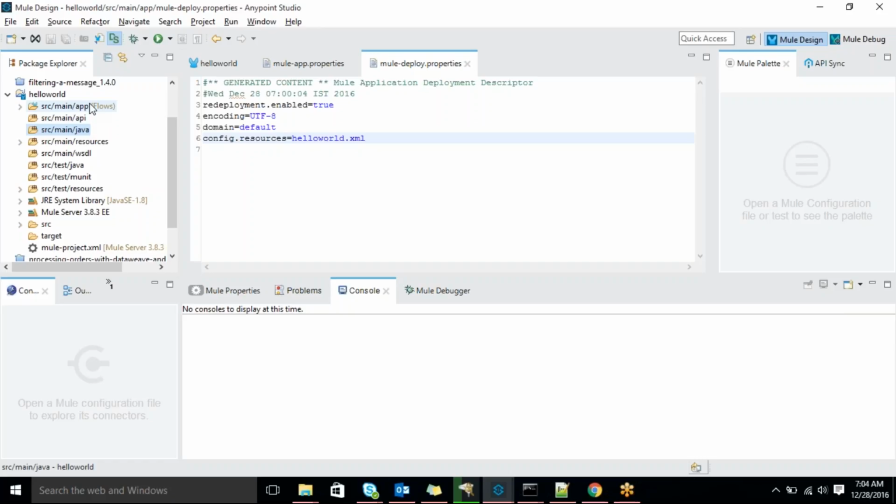Under the app folder, we need to keep all the flows, whatever flows you are implementing in future. That flow is nothing but XML, so we need to keep it under the app folder. After that, there is the resources folder, src main resources. So what do we need to keep in the resources folder? In the resources folder, we need to keep